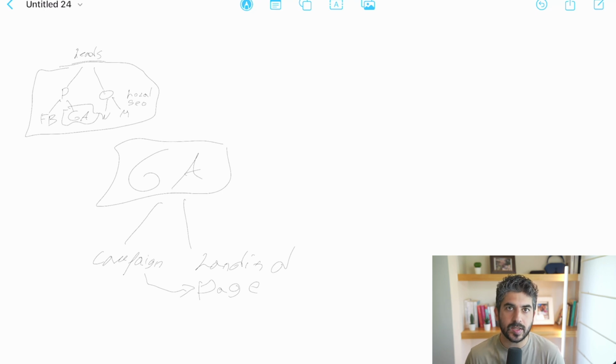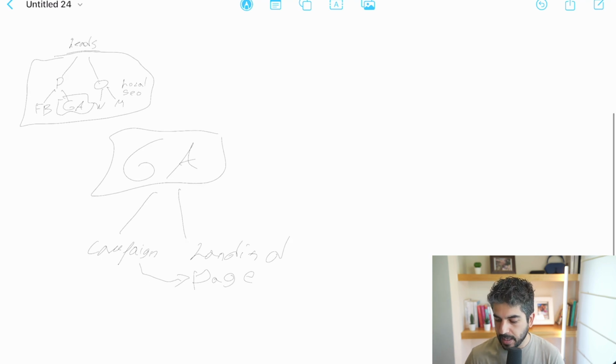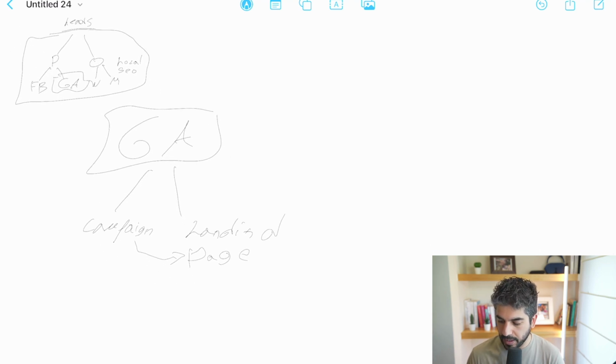This is a money glitch. But it doesn't stop right there. It doesn't stop at knowing how to do Google Ads and how to have a campaign that's getting you money automatically. The second step after this